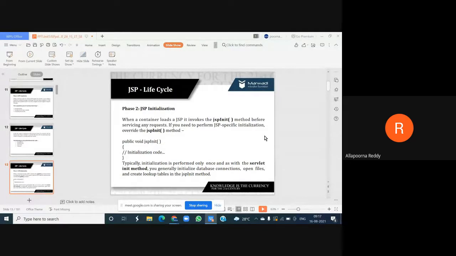Because when you go for jspInit, jspDestroy, jspService, we should first understand what initialization is. Up to this point it is clear, the JSP life cycle has one additional thing compared with your servlet, and how the architecture of JSP goes on.